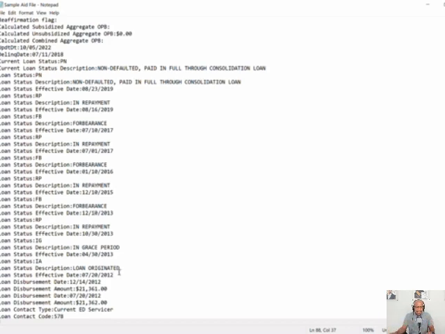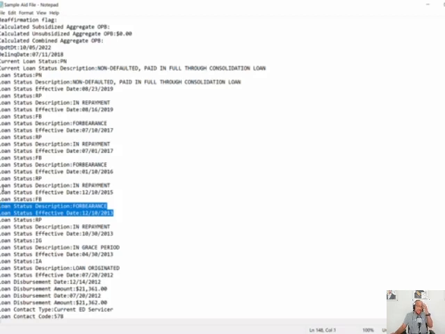repayment. As an example, I can see that this loan was originated. This person took out this loan in July of 2012. They then went into their grace period in April of 2013. This is likely when they graduated. So this student loan went into grace period in April 2013. Now, most people have a 6-month grace period, so I would then expect that 6 months later, their status would change to in repayment. And you can see that 6 months later, October of 2013, their loans went into repayment status. Now, they were only in repayment status for 2 short months, and in December of that same year, they